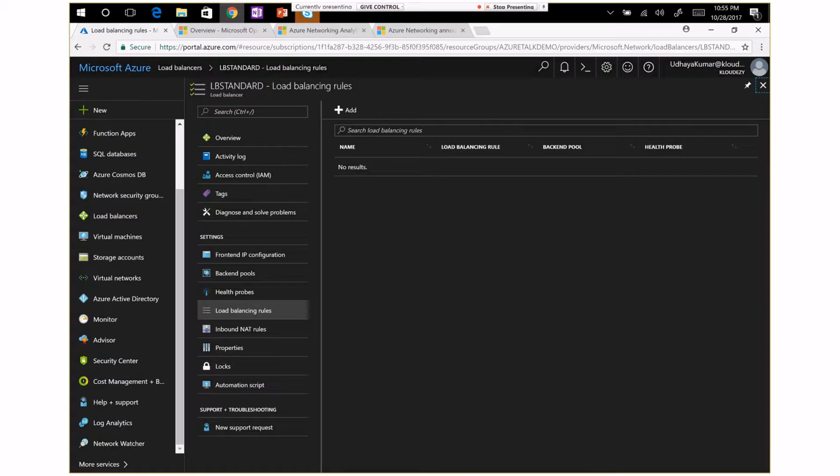To achieve load balancing across multiple availability zones on the public IP, you have to create a Standard SKU public IP. If you want to switch a VM over from one zone to another zone, you have to create a Standard public IP. There is a PowerShell command, and you can just go ahead and create it.